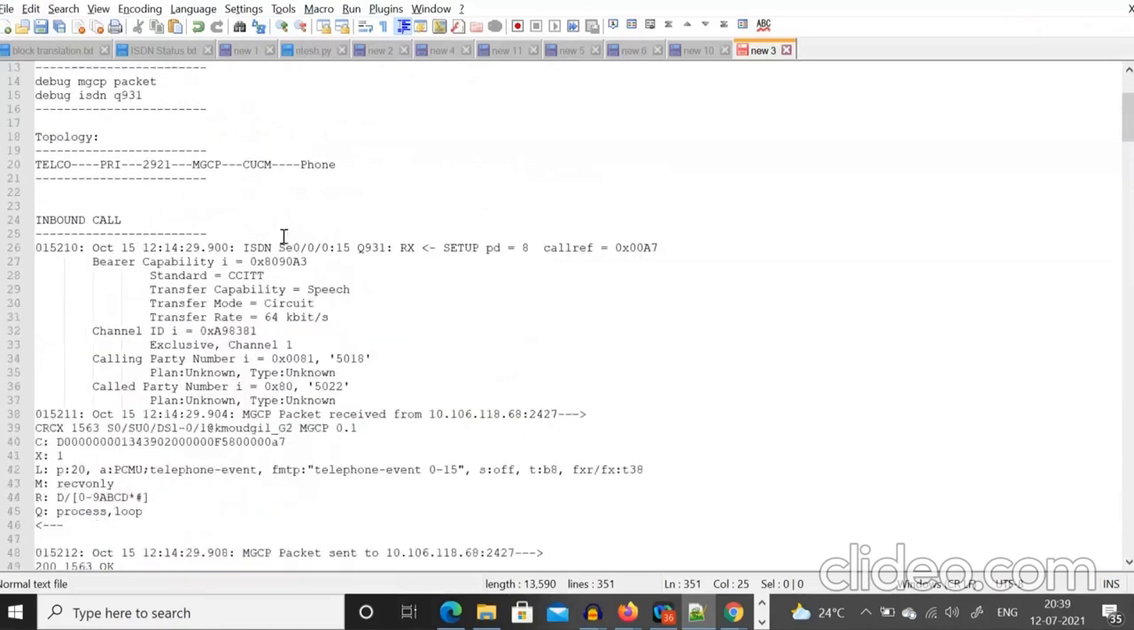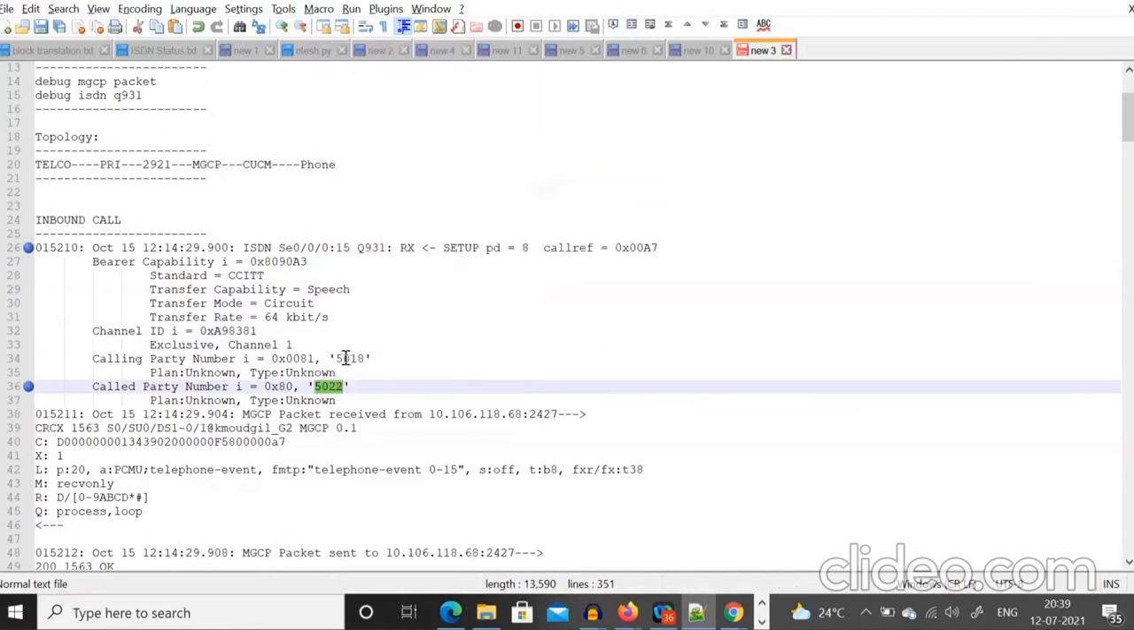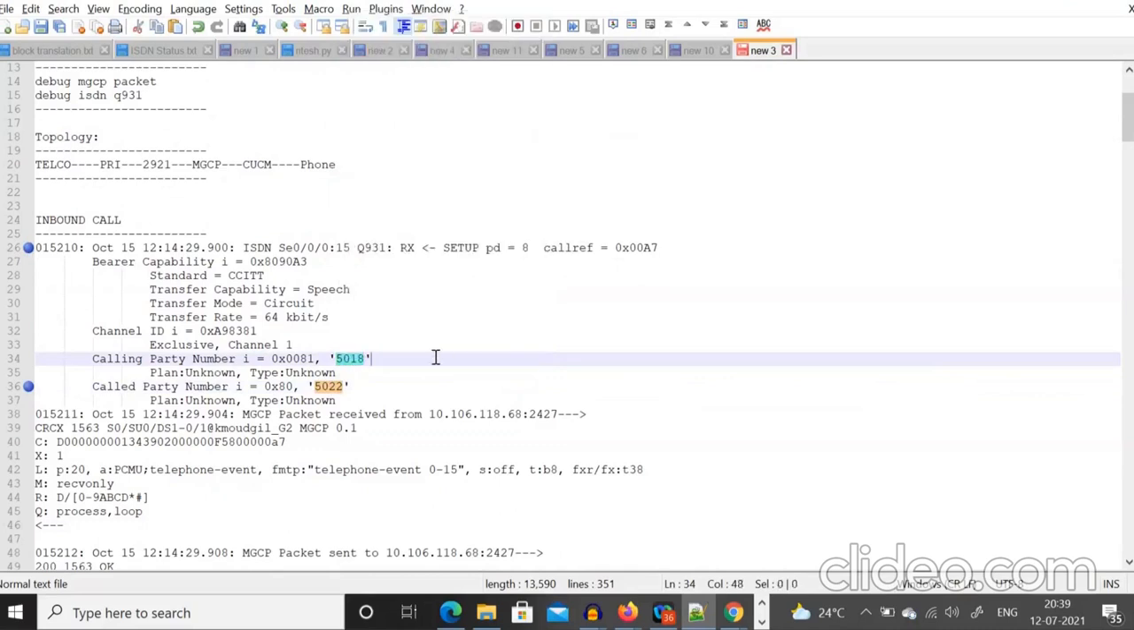Okay, so if you see the same type of debugs we have here, this is my called party number. So always mark called and calling party number. This is my calling party number. As I mentioned earlier, you should have this information available with you: the calling and called party number, time of the call. All this information should be with you before you start analyzing a debug. Once you get the calling and called party details and time of the call, you have to find the